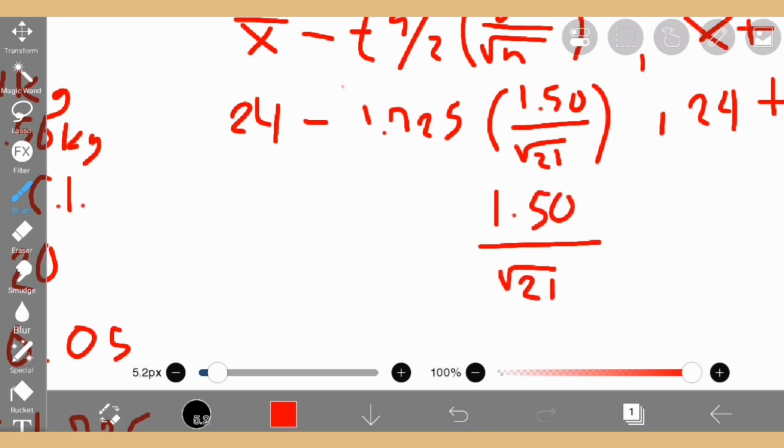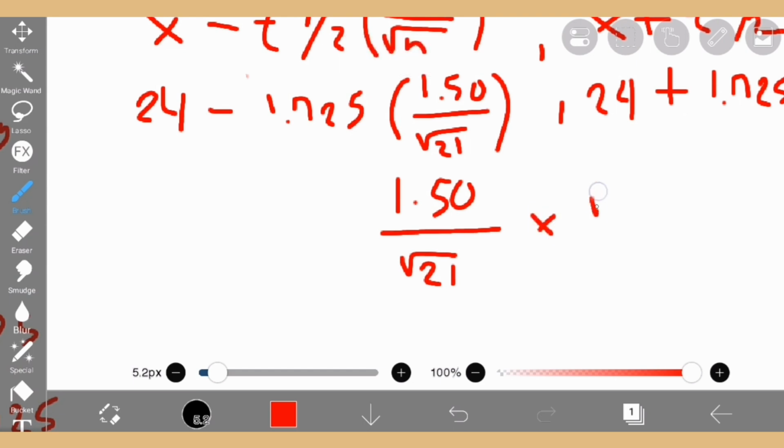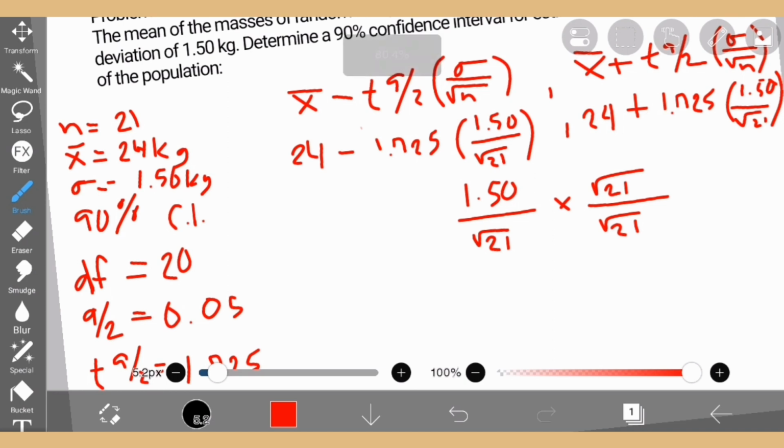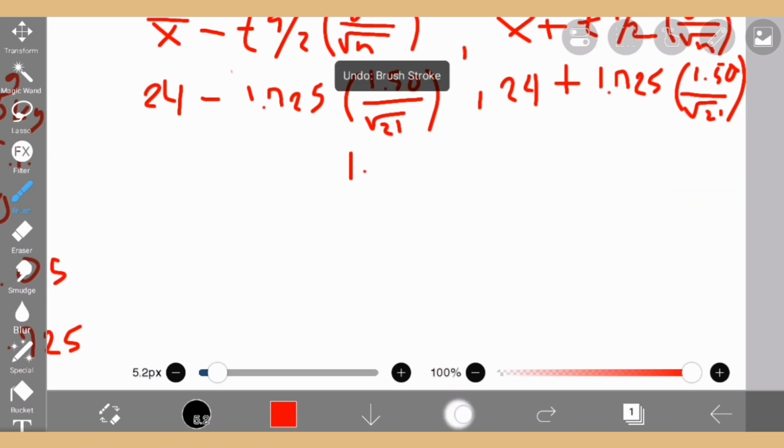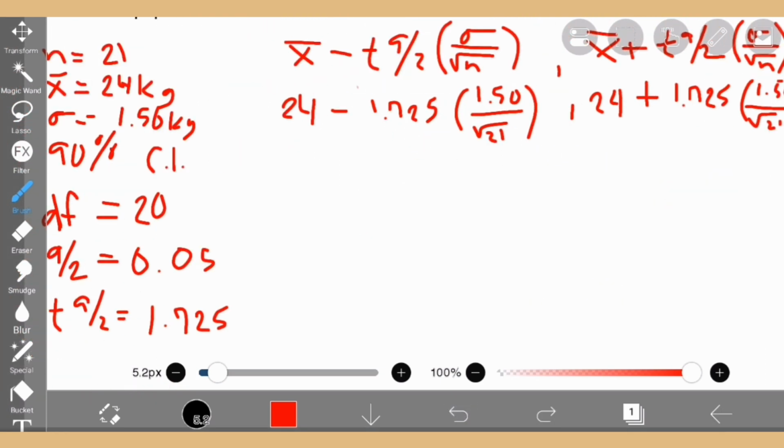Square root of 21 multiplied by square root of 21 is just 21. You're going to solve that, and then that will become a whole number at the end. So yeah, we're going to skip over to our answer. This should be